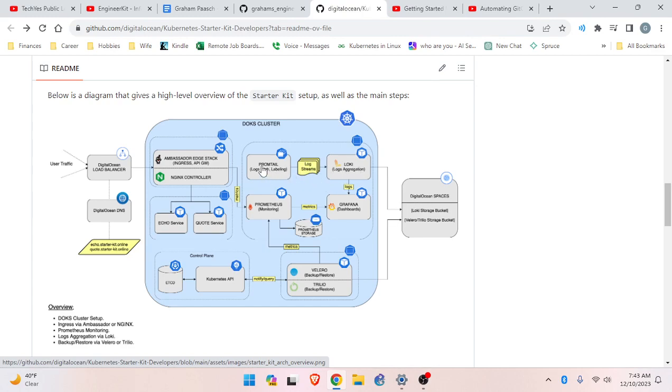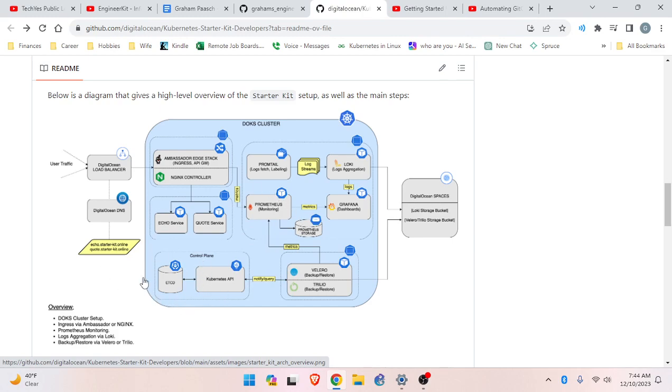And now it looks like Promtail runs on its own. Yeah, so Promtail fetches the logs, so it reaches out to the logs aggregation. And then the final step here is DigitalOcean Spaces. This is the Loki storage bucket and the Velero Trello storage bucket. So that's what happens over here. It comes to the Prometheus storage here. And then here, this is interesting as well because this has a unidirectional arrow.